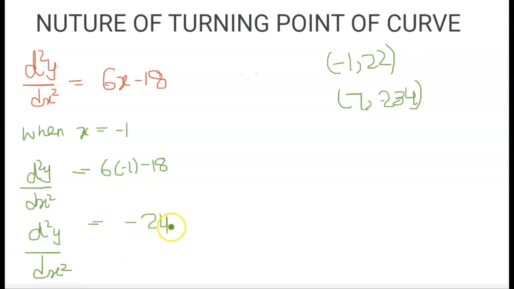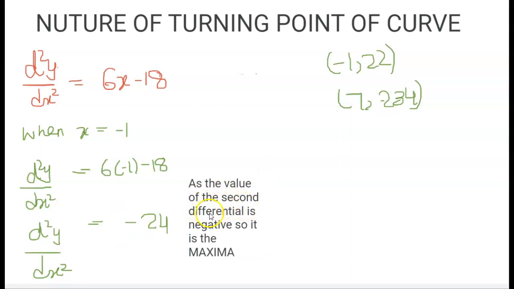It is negative. When the second differential is negative, it means this is a maxima. This is the main thing: as the value of the second differential is negative, it is the maxima. We don't look at the number, we just look at whether the value is positive or negative. Now we need to test the second one. Let's change the color to red. So we go back, use the same equation, and this time we're doing that one. So d squared y over dx squared